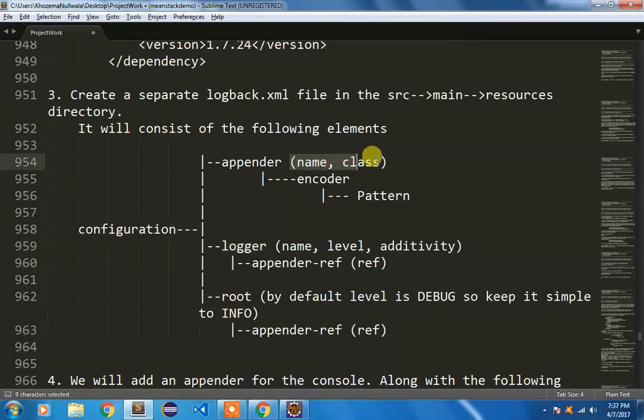The attribute names are given in brackets, that is name and class, name, level and additivity for logger, and by default root, the level would be debug, and later on I'm going to change it to info for a specific reason. And inside logger we have appender reference, which will refer to the name given to the